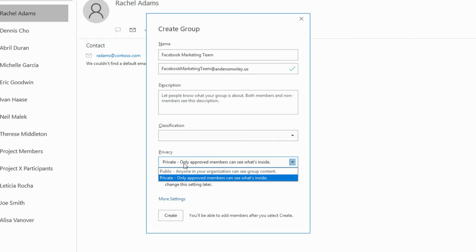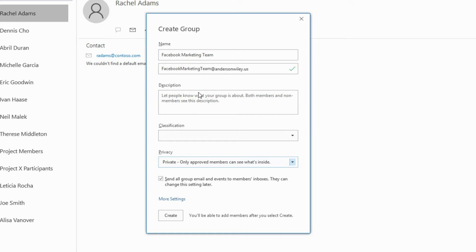Privacy is the difference between a group of people who are working on something where other people within the organization should be able to sort of peek their head in and see what's going on, or groups of people who their work should be hidden from the outside world, from other people working at the same business. I'm going to say that this group of people, the Facebook marketing team, they're working on something that should be private in nature. Only the people who are members of the group should see the files they're working on,